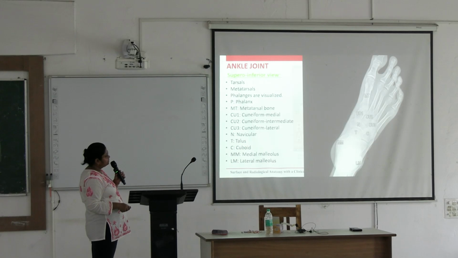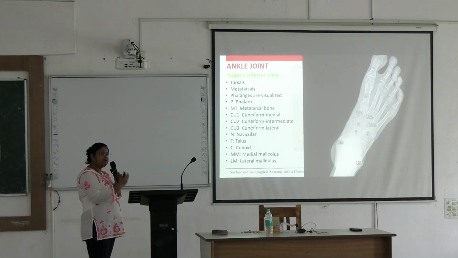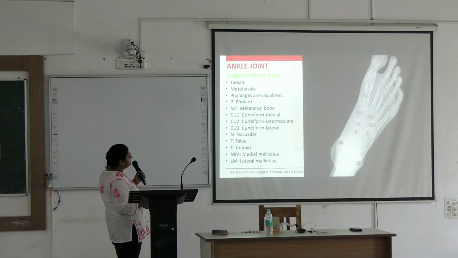The highest bone is the talus. Below it will be the calcaneus. Here is the head of talus. Beneath it will be the calcaneum. Talus and calcaneum are superimposed, cannot see clearly. Articulating with head of talus is the navicular. Here anterior part of calcaneum is articulating with the cuboid.